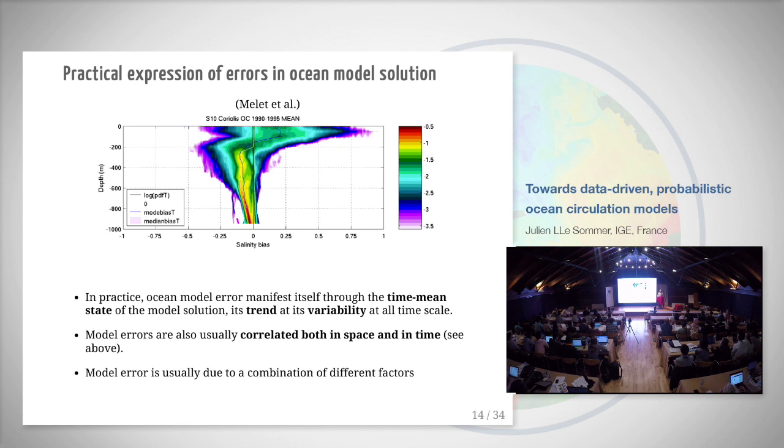For instance, what you see here is just coming from a study a couple of years ago by Angélique Melève. So just showing here a profile in a certain region of the ocean of salinity in a model versus an ensemble of profiles coming from a Coriolis database. So basically, what you see here is the fact that the model is not salty enough at depth, but at the surface is too salty. So there's a structure there. There are systematically large regions where it's very salty and large regions where it's not salty enough. So there's structure. There's correlation in the